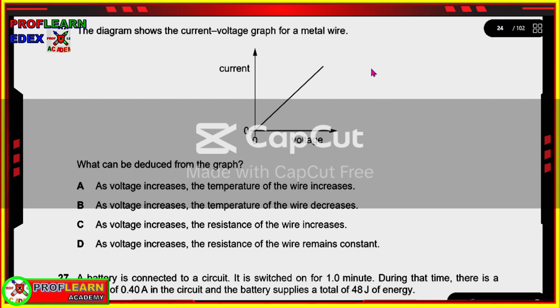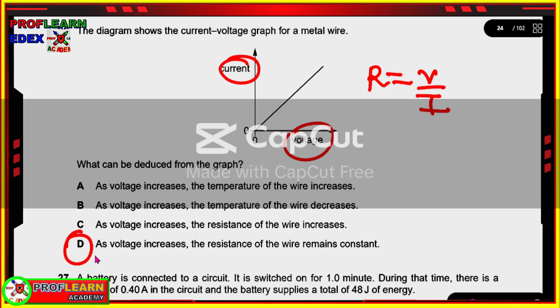Because we know resistance is equal to voltage over current, and then we have current and voltage. We can say that as voltage increases, the resistance of the wire remains constant. If resistance were to change, we would have a curve in this case. So the correct answer is